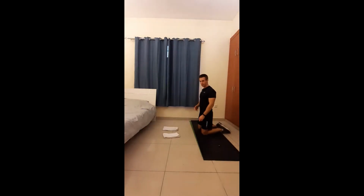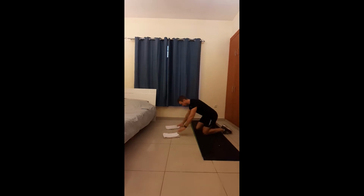Alright, next up we're going to hit chest. We're going to use 2 exercises. First being a close grip push-up. Close grip because you get more chest activation than you would with a regular push-up. Then we're going to go into some flies using the towels. So with the close grip push-up, obviously you want your grip to be close, but you can do it